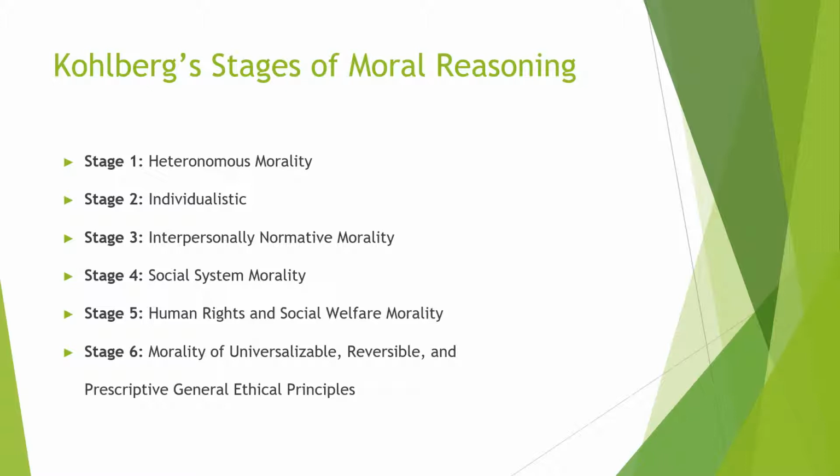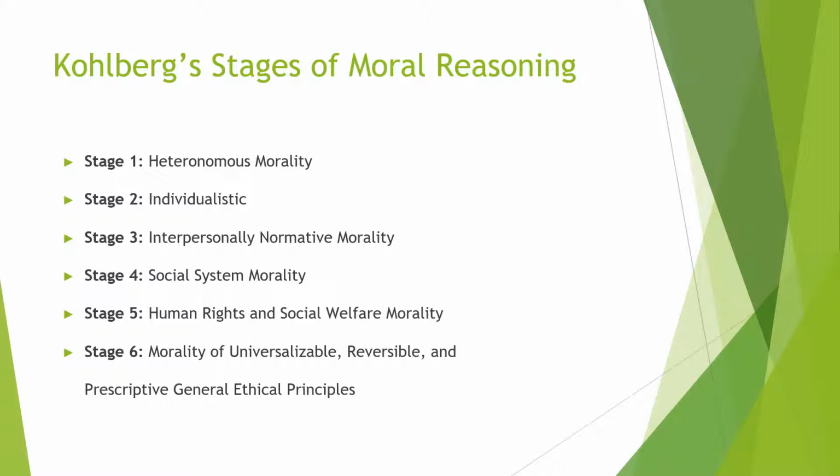So now stage 1, the heteronomous morality. And this is for people to obey the rules to avoid consequences or punishments. So for example, in the Heinz study, some of the boys stated that Heinz should not steal the medicine for his dying wife because he would get in trouble for doing so because it was against the law. The second stage is individualistic, and this is where people obey rules as they see fit for their own interests and also realize that others have needs and those needs may conflict with their own.